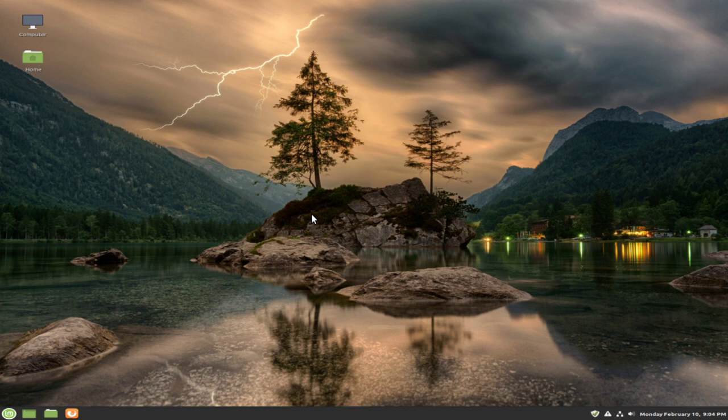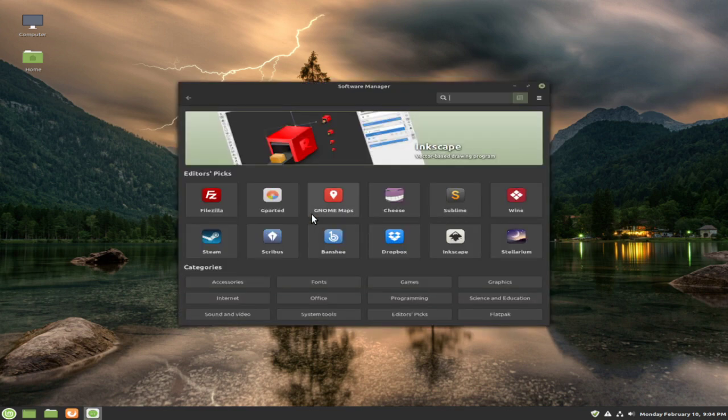If it doesn't have it, well, that's part of Linux too: not every piece of software you use on Windows will also be available on Linux. Linux has a lot of open source alternatives. Open source just means that it's made by a community and it's free, essentially. And a lot of these open source programs are really good. For example, I really like GIMP or Blender. GIMP is for photo editing. Blender is for doing 3D modeling.